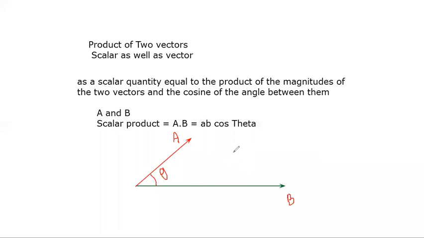Remember in algebra, you were asked what is the sum of 5 oranges and 10 apples? What did you write? Can you add those two things? Can you add 5x and 7y together? Can you write 12x plus y? No, right? So in vectors, if two vectors are in different directions, you can only multiply them if they are in the same direction.